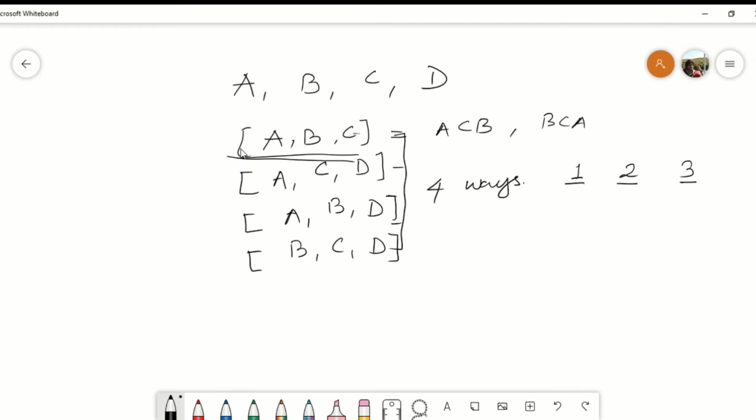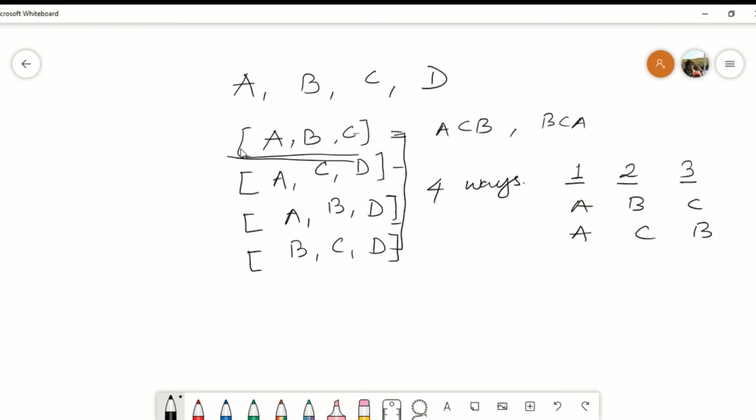And now in this case, A, B, C and A, C, B are actually different. It is not the same because the order has changed. So we have to count all the number of permutations that can be made with the 4 players by selecting 3 players and then ordering them in these three batting orders, right?